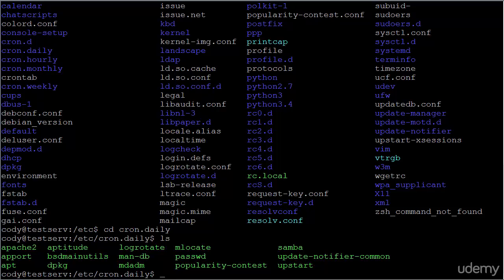If you want to set up a cron job for the current user, in this case Cody, I'm logged in as Cody, and we're assuming that Cody has the permissions that are appropriate to run the command, then all we have to do is type crontab and then the